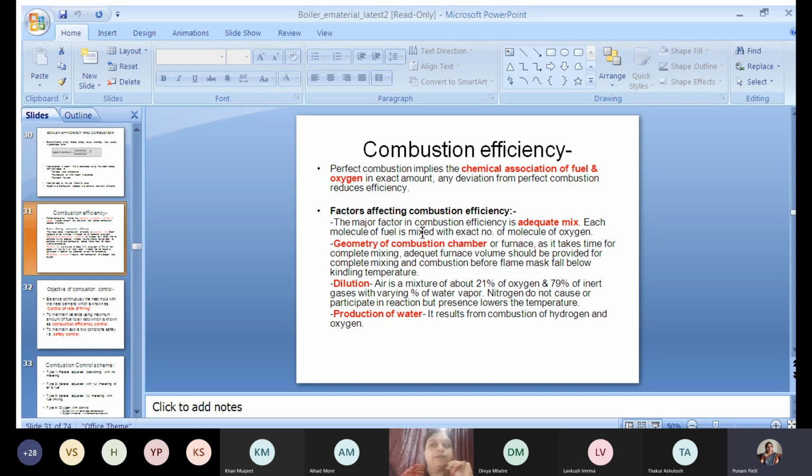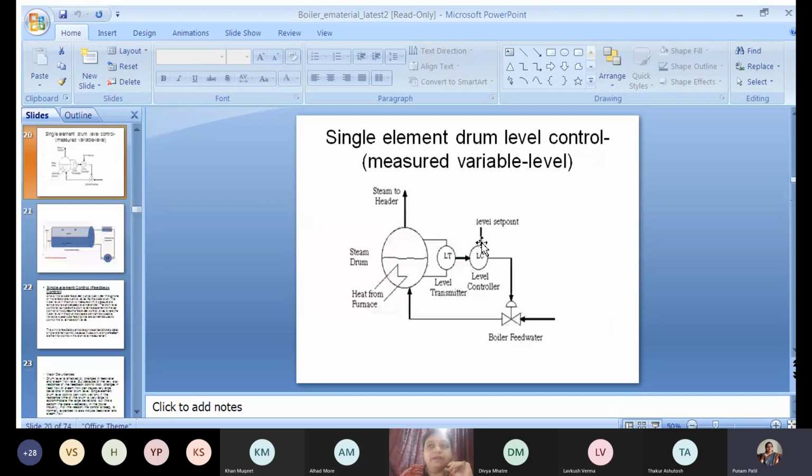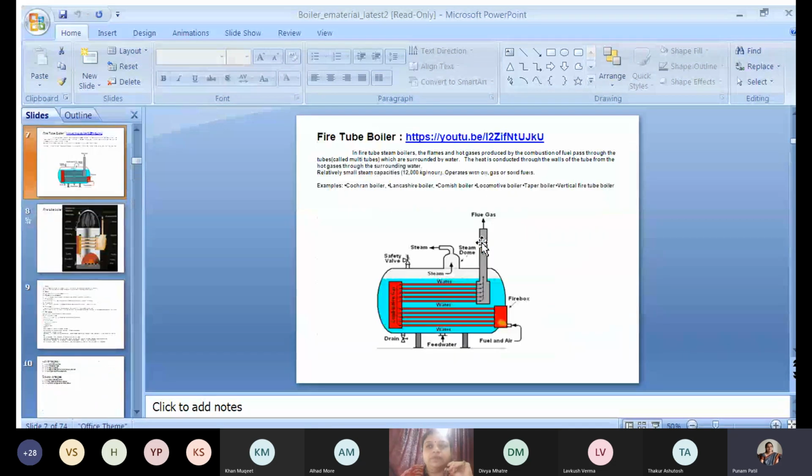Second, geometry. If it is not there, incomplete combustion. Geometry of combustion chamber. In the construction sketch we studied the parts. वहाँ पे हमने देखा था combustion chamber या fire box. If you remember the geometry of that combustion chamber,